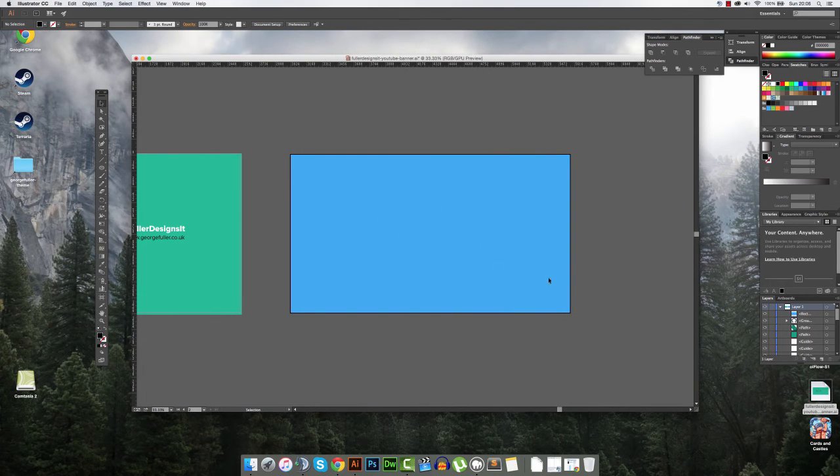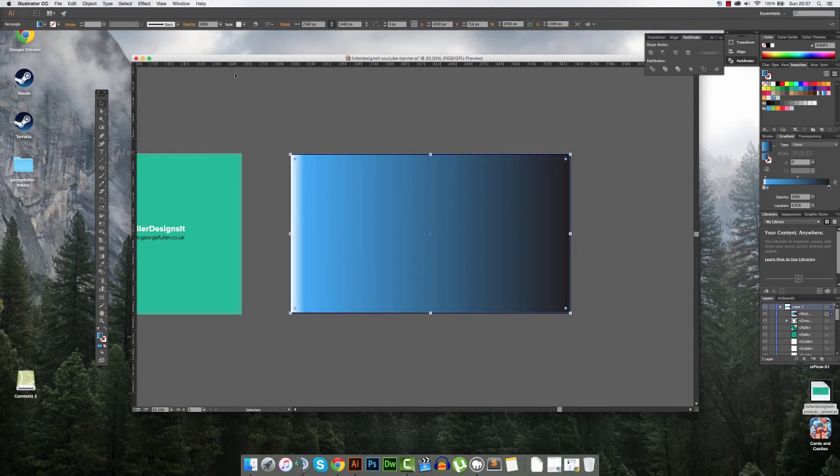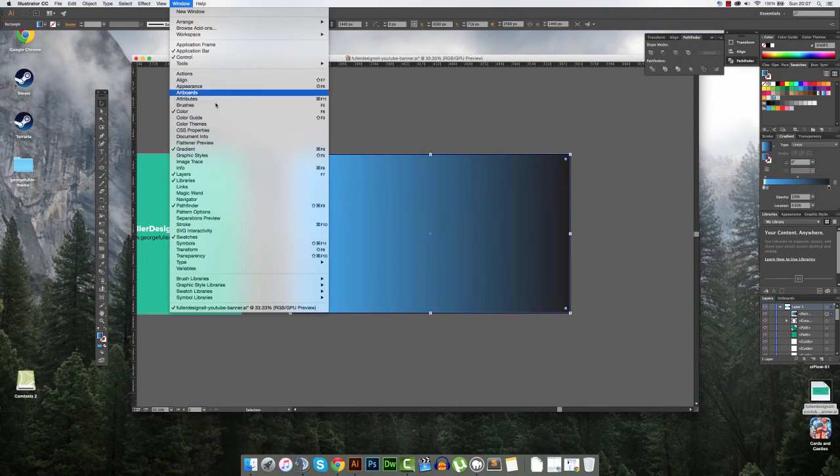And lastly guys, the last thing that we're going to look into is how to do gradients within Illustrator. It's quite a simple one. Basically you drag the colour, whatever colour it may be, whether it be one up here or one that you already have, click, drag it into the gradient panel, which is on the right side. It should already be there, but if not, you can just check Window and then Gradient,